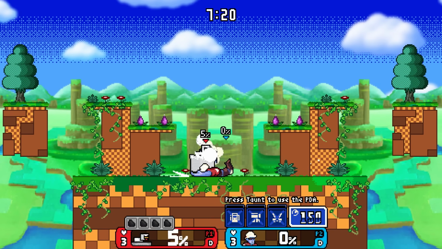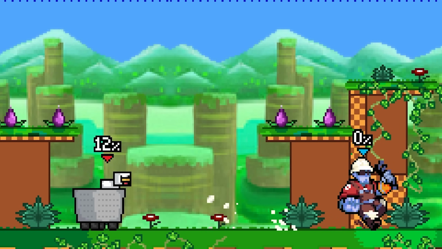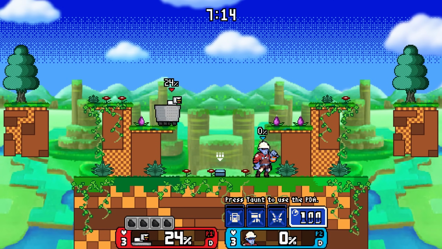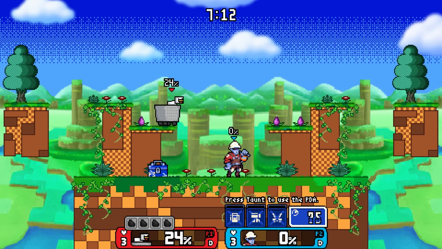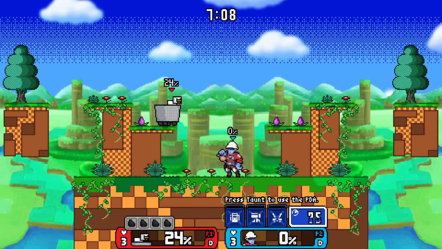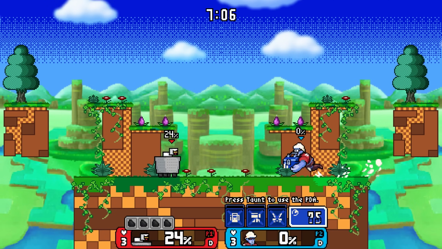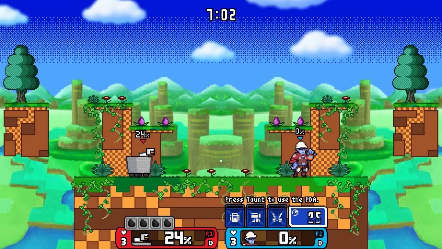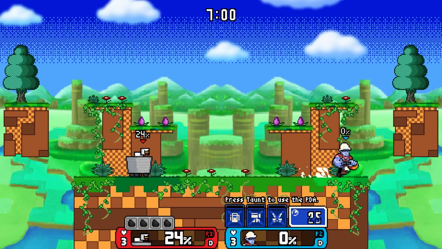So for side special, we toss out a toolbox and it does an initial hit and then launches them upwards. So as you can see there, it's just like a little box that's out and then a little fist will pop out of it afterwards. I believe you can also use it as kind of like a trap deployment, so it's there. And then if someone walks into it...